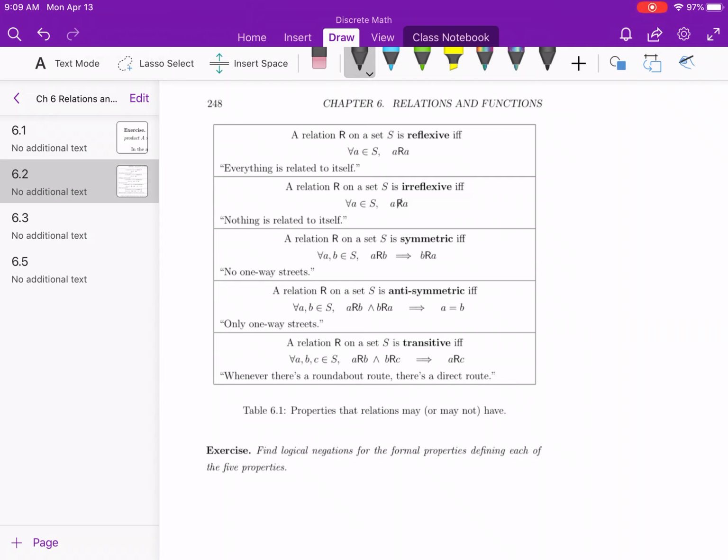So if I look at, say, reflexive, now notice that irreflexive is not a negation of the reflexive property. If something is irreflexive, it also means something specific. Notice in both of the cases, these are universally quantified statements. And if I have a negation, for all A in S,